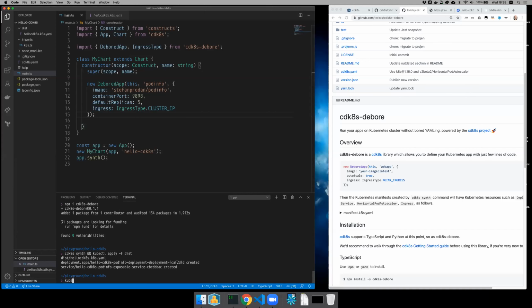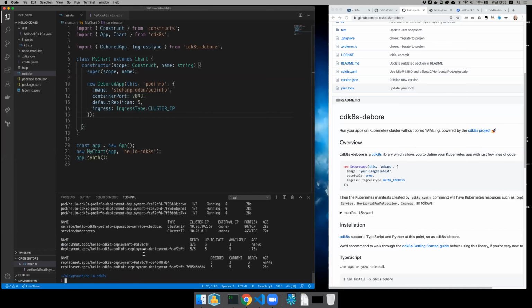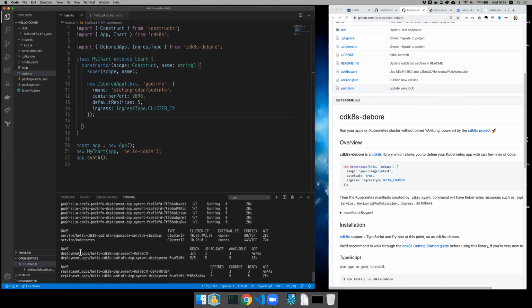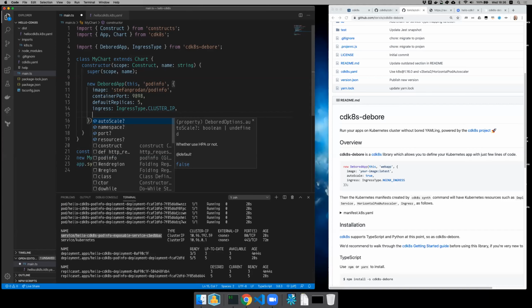And then if I do kubectl get all, obviously I'm going to have my old deployment here because I haven't deleted it, but you'll see that this one is the service that cdk8s created for me.